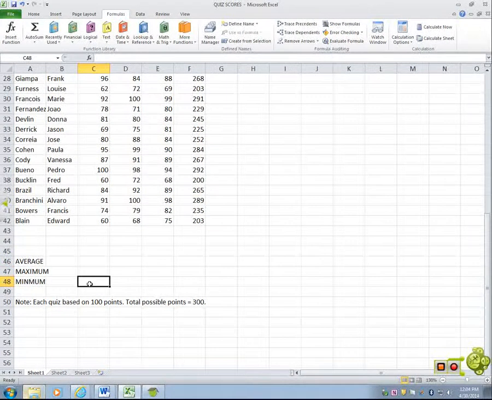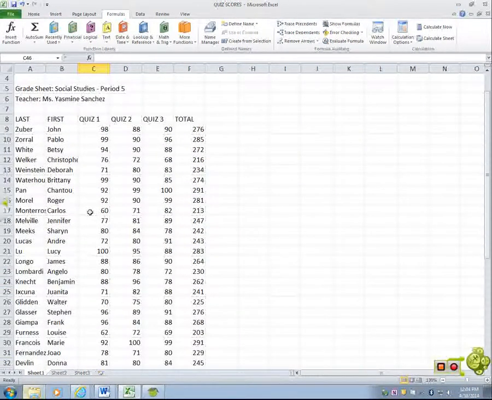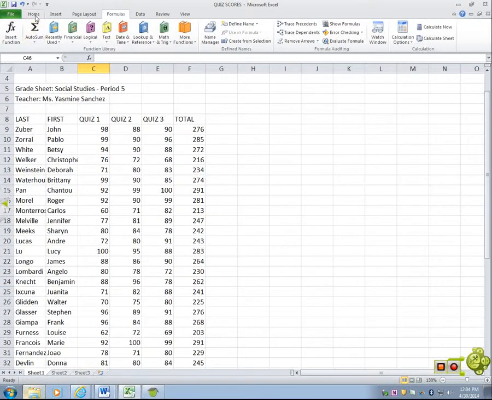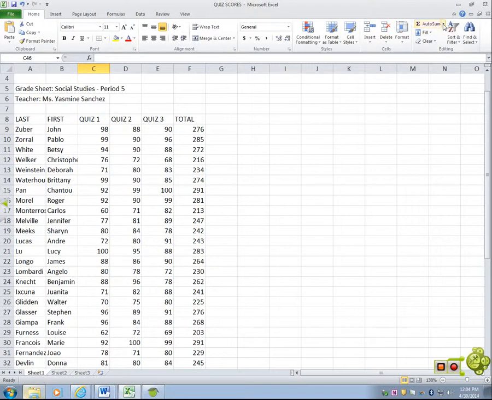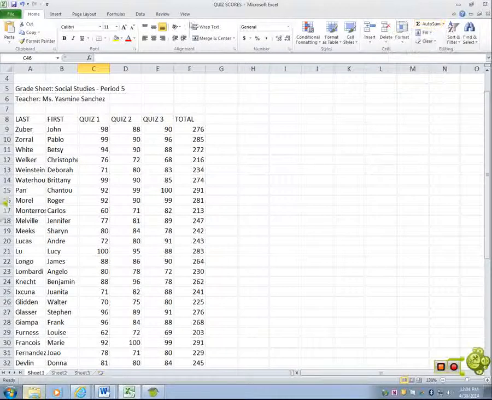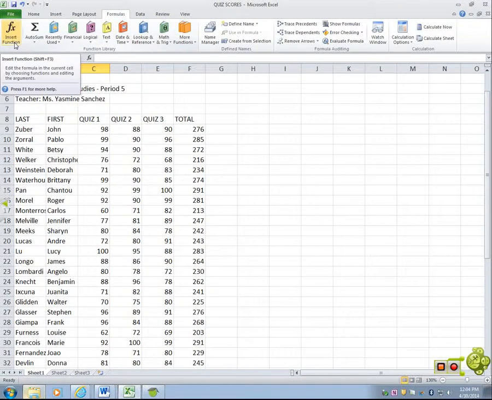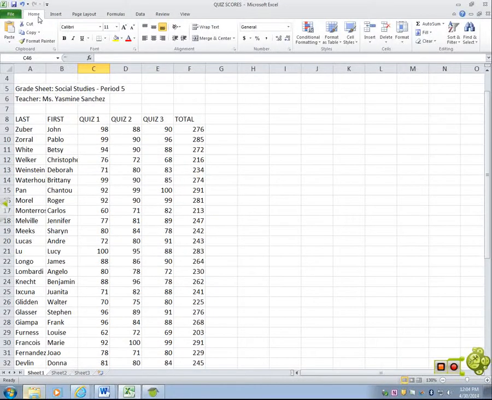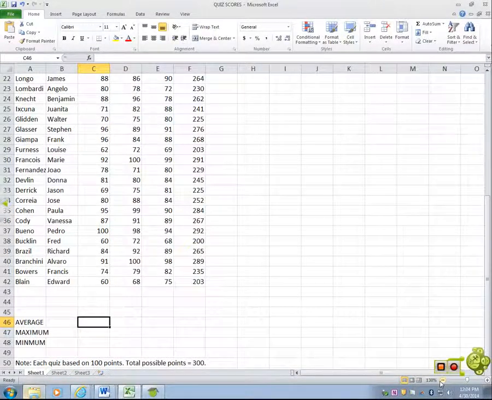Everybody with me so far? So we are going to go to the average function first. So where am I going to go for that? I'm going to go to the Home tab. And we have these auto sums. Now, could I come here to the formula button and do it here too? Yes. But no need to click off. We're not doing any functions that are so difficult that you need to go to that formula or function tab to get yours. So, when we're down here, I'm going to make this a little bit smaller so you can